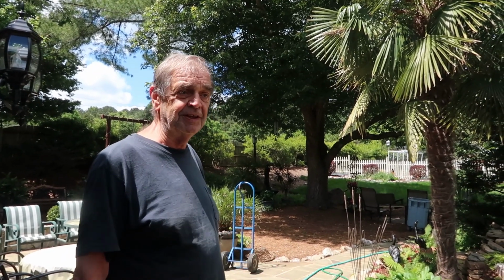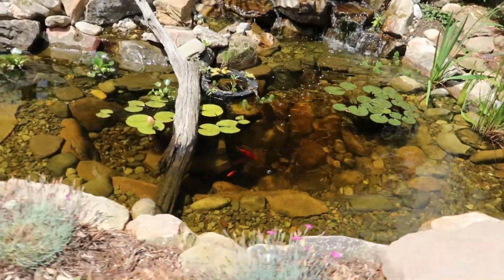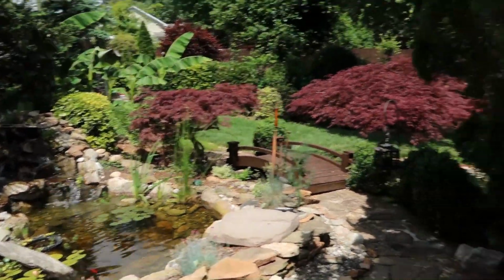come in? Absolutely. Now, you have a log set up here. What's the situation with your turtles? Well, they come and go. Uh-huh. Yeah, they walk around. Yeah, we enjoy them when they come, and then they move on and they come back. There's a pond near here, so I think they just come here for a holiday. That's their vacation trip, right? Yeah. And then all part of living the aquascape lifestyle is not just the pond itself, but how